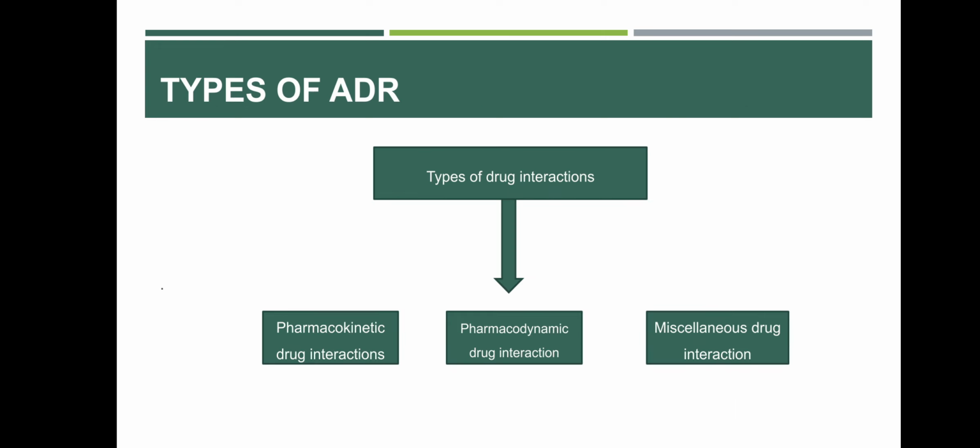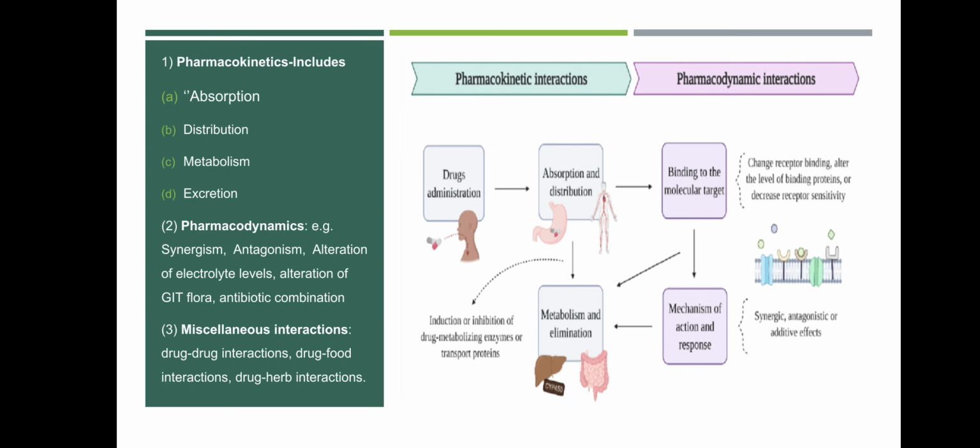Next are the types. Drug interactions are mainly classified into three types: pharmacokinetic drug interactions, pharmacodynamic drug interactions, and miscellaneous drug interactions. The pharmacokinetic type is again divided into four types: absorption, distribution, metabolism, and excretion. Whereas in the pharmacodynamic type, there will be synergism, antagonism, alteration of electrolyte levels, alteration of the GIT flora, etc. Whereas in the miscellaneous interactions, there will be drug-drug interactions, drug-food interactions, and drug-herb